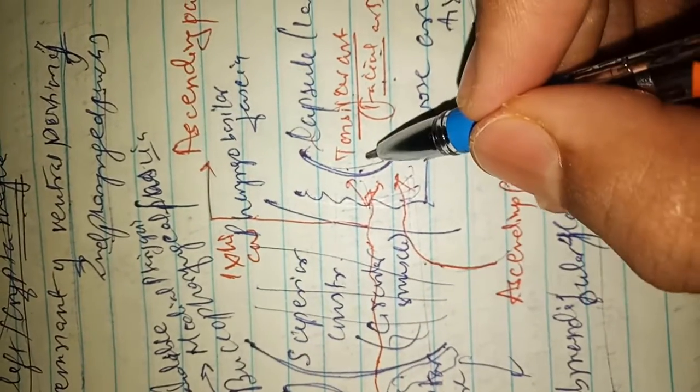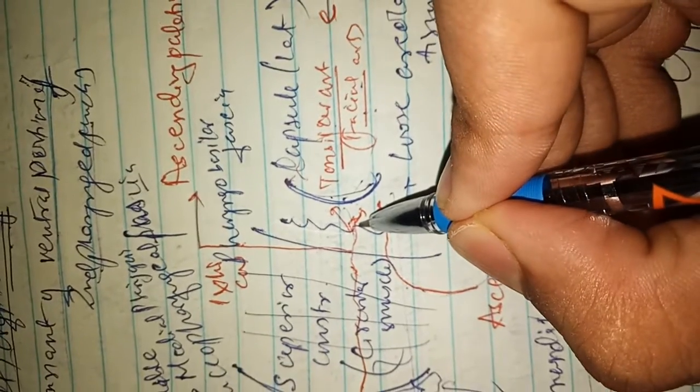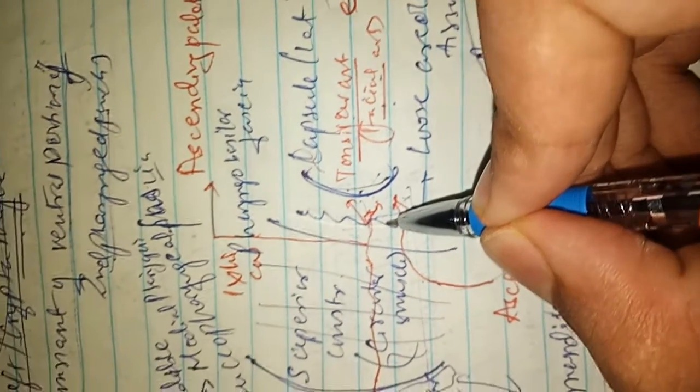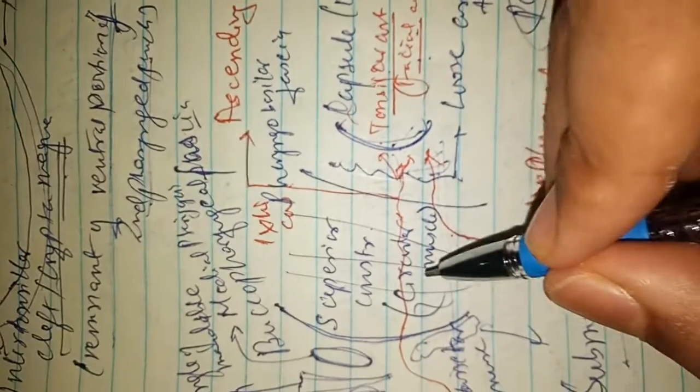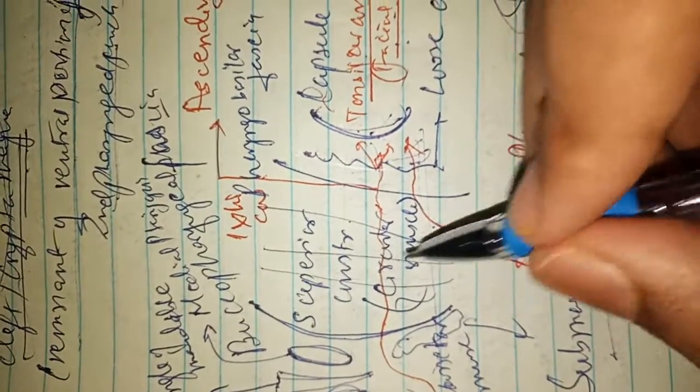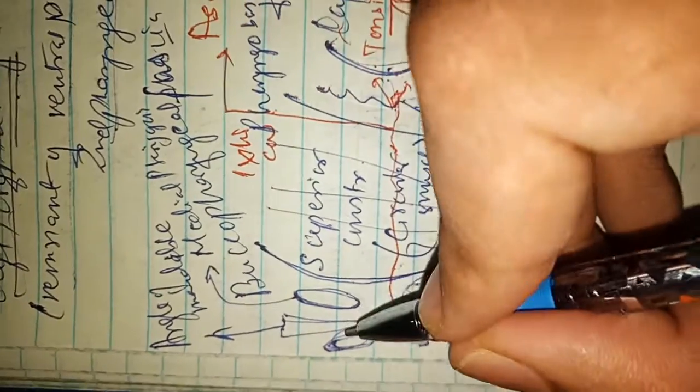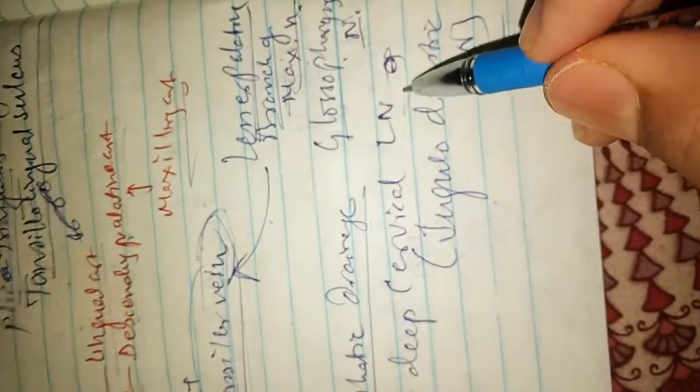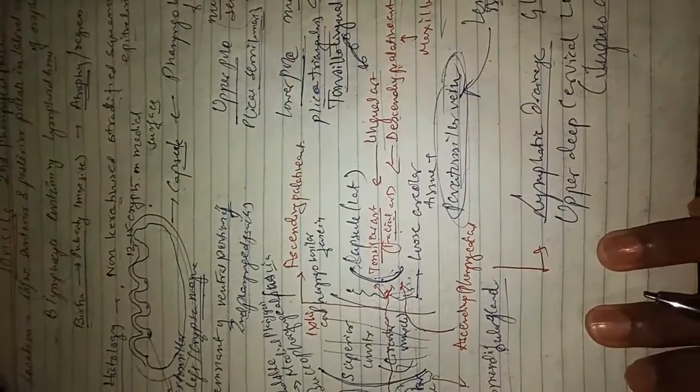This is the tonsillar bed. From lateral to medial there is the capsule, the paratonsillar vein with loose areolar tissue, the pharyngobasilar fascia, the superior constrictor muscle, the glossopharyngeal nerve, the buccopharyngeal fascia, then the medial pterygoid, the angle of the mandible, then the masseter muscle. Now the lymphatic drainage is to the upper deep cervical group of lymph nodes, that is the jugulodigastric group of lymph nodes. So this is all about the anatomy of the tonsil. In the next lecture I will talk about acute tonsillitis.